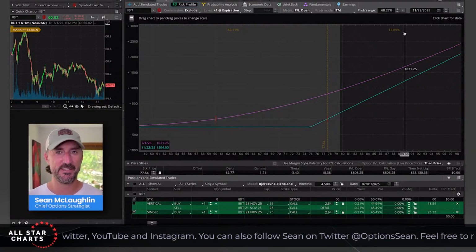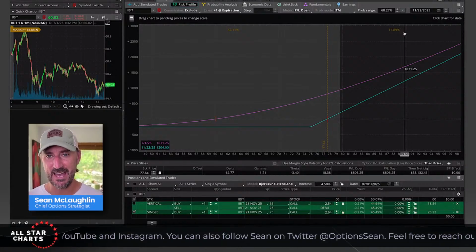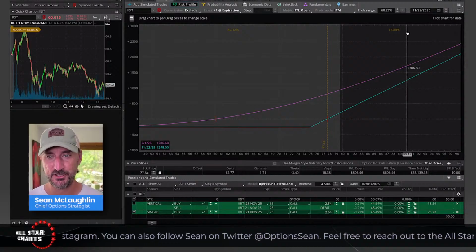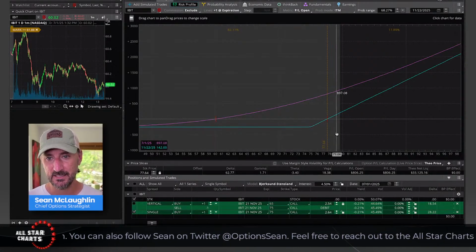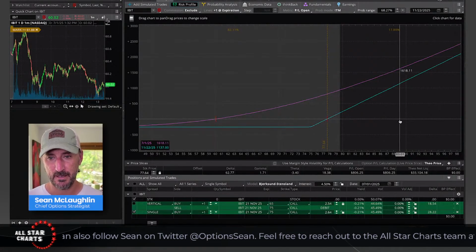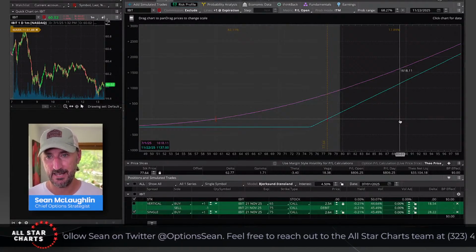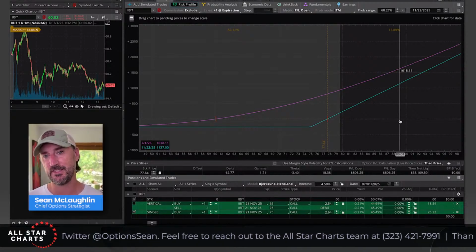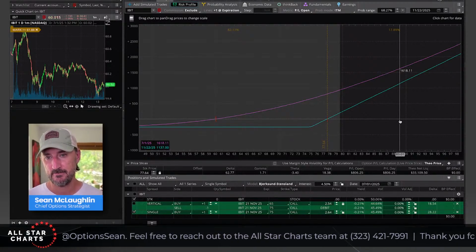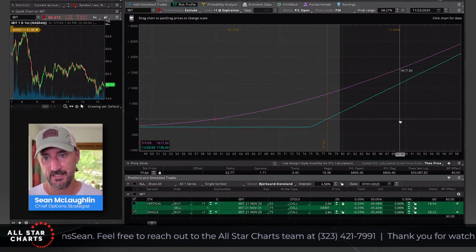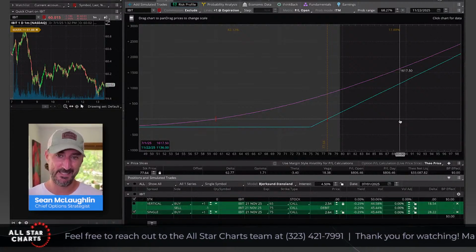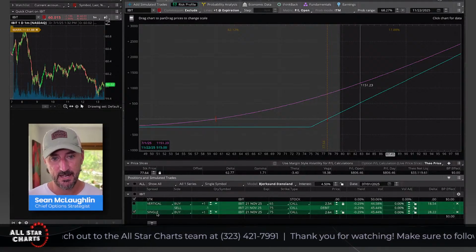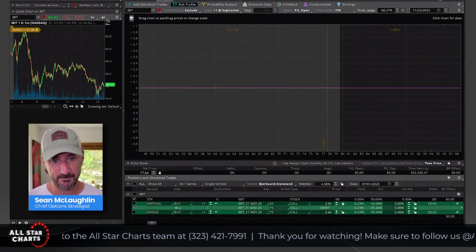And again, this is just based on statistics. This is not a fact that's going to happen, but there's a just shy of 18% chance that this stock will close above my break even, meaning I'm making money. I have an 18% chance of making money in this trade if I'm just long the 75 calls. Now, 18% might not sound like a good deal, but when it comes with the potential for unlimited gains, then it could make sense. Now, let's compare this to the vertical spread.